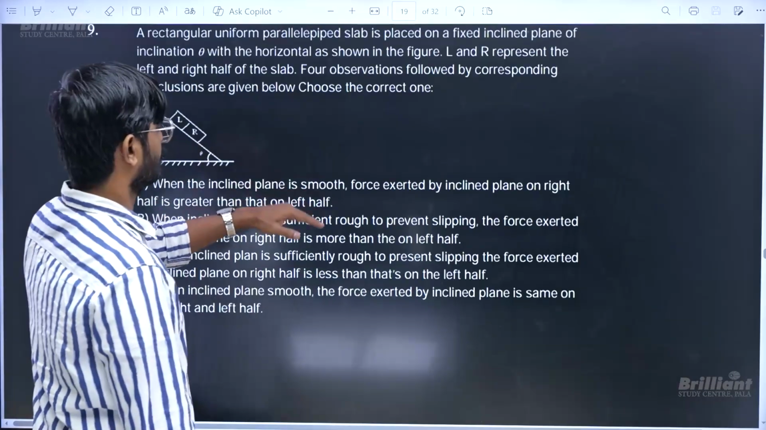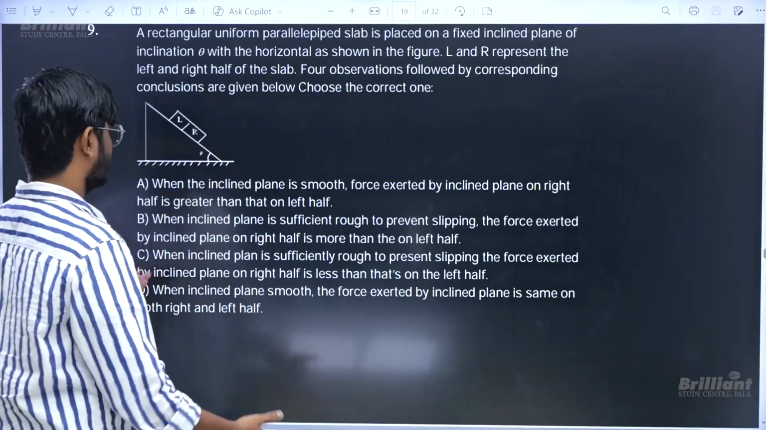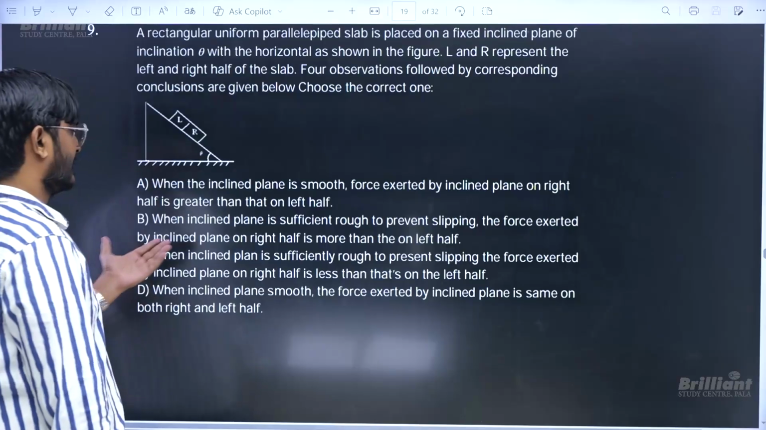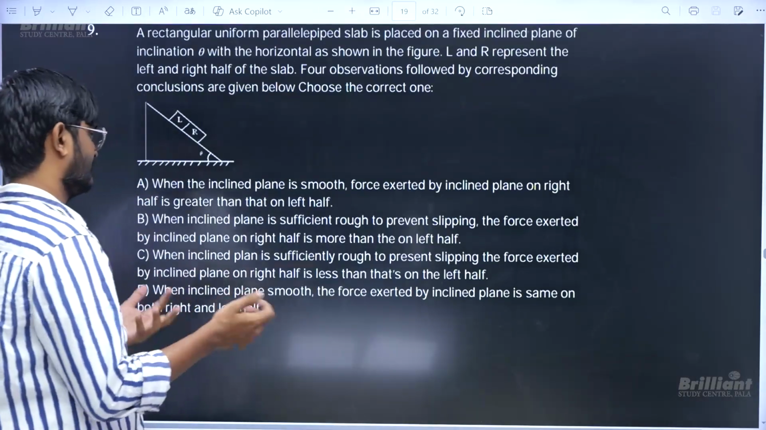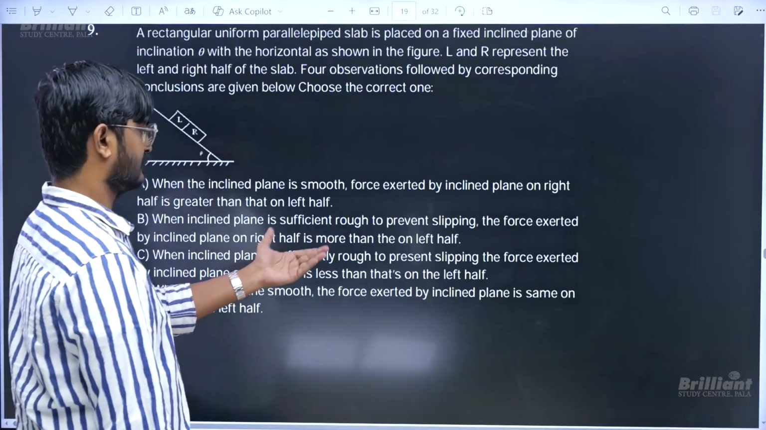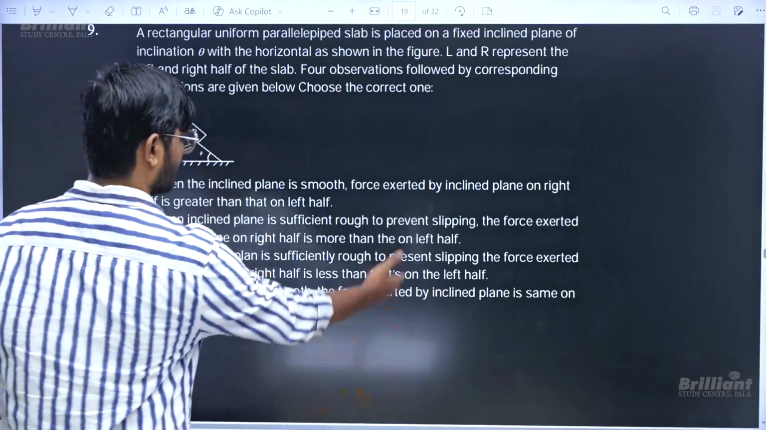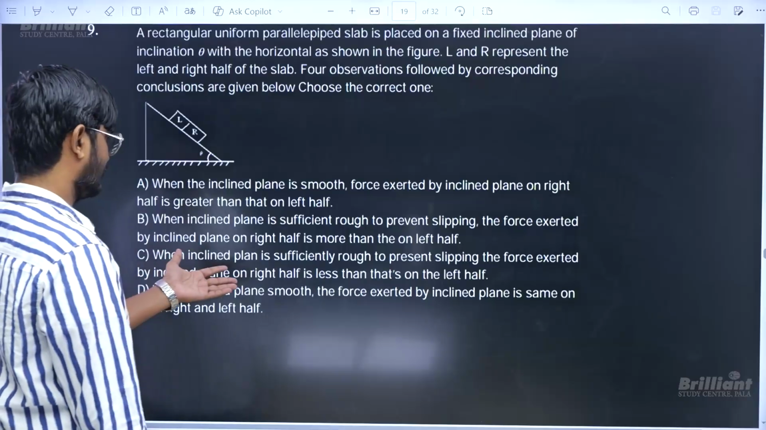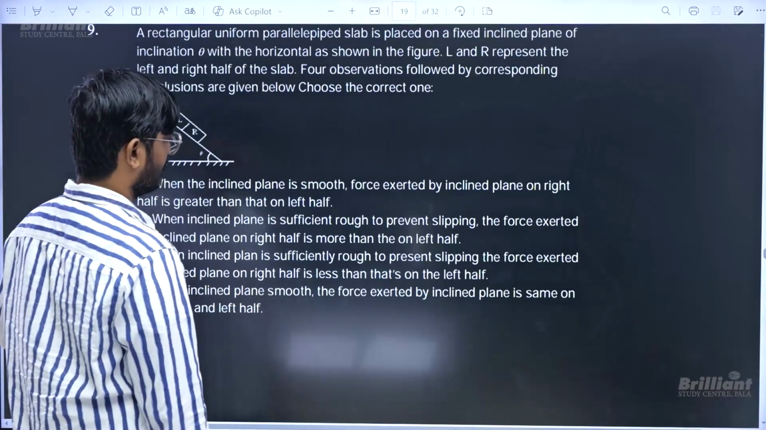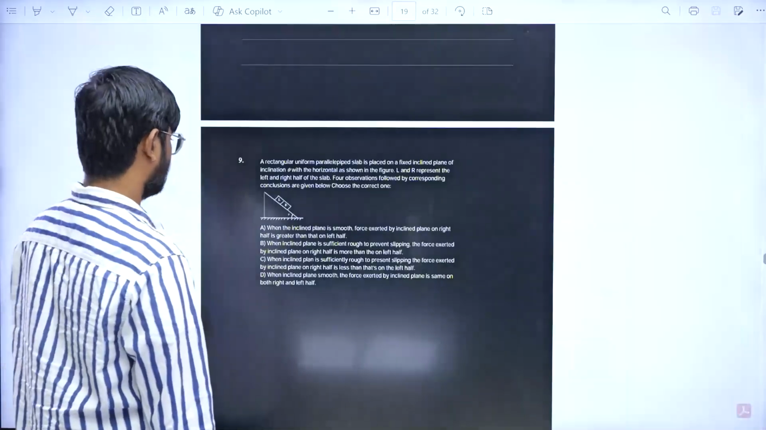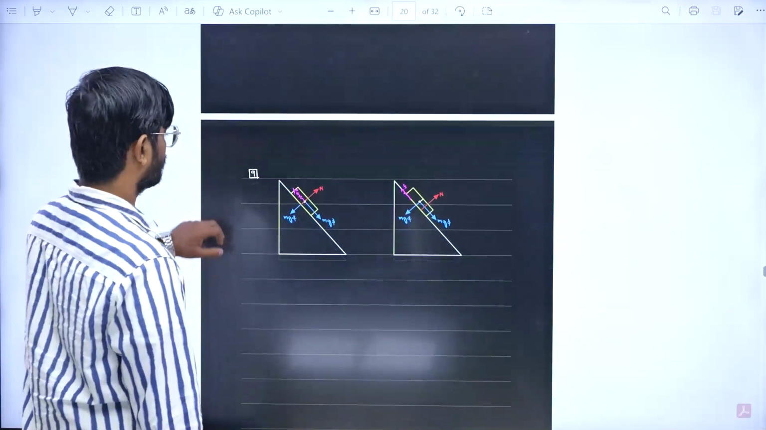When the inclined plane is smooth, the force exerted by the inclined plane on the right half is greater. When the inclined plane is sufficiently rough to prevent slipping, the force exerted by the inclined plane on the right half is more. Sufficiently rough to prevent slipping, the force exerted on the right half is less than when smooth. So there are two cases: when it is smooth and when it is sufficiently rough to prevent slipping. So when it is smooth,